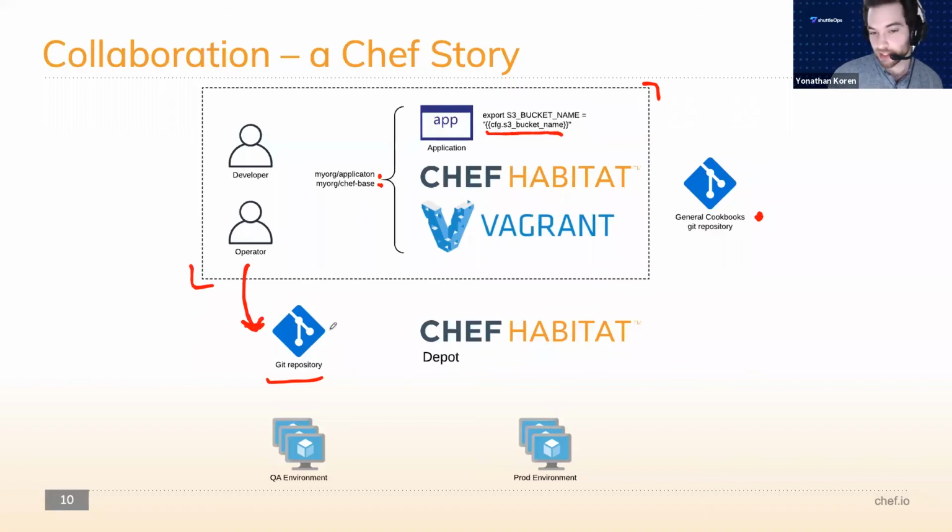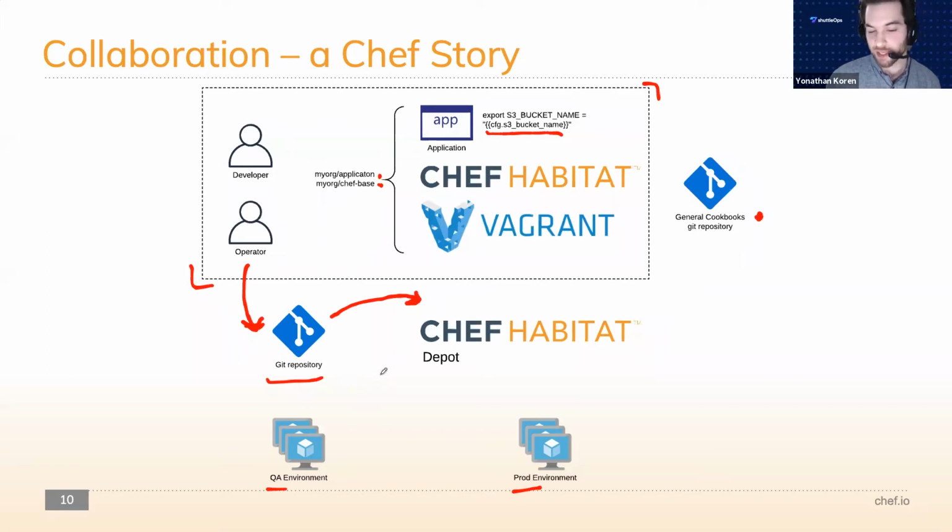And the pipelines are actually very simple with Chef Habitat because you just create the Habitat package. Your pipeline creates a Habitat package, uploads it, and you could have separate pipelines for promoting to a QA channel, for example, or a prod channel. And those can live in the same repository as well. I've seen that too. And these Chef Habitat supervisors are listening to the QA channel. So they're polling it every minute, and they will download the new package when it comes in. So you have a very simplified CI/CD